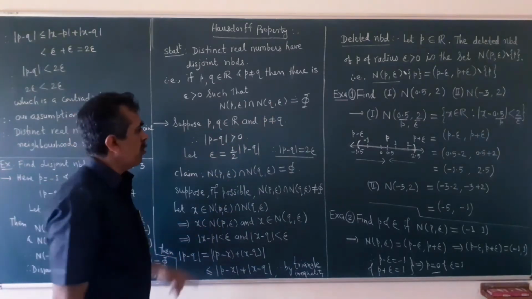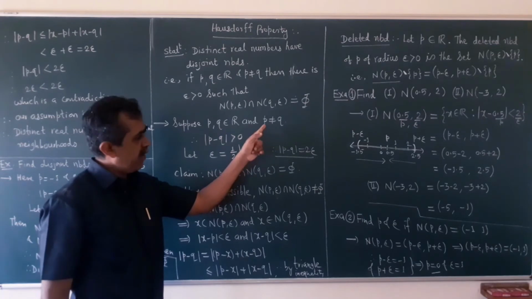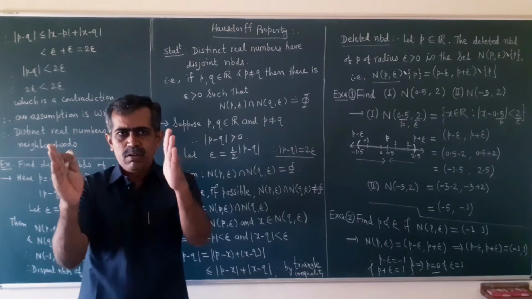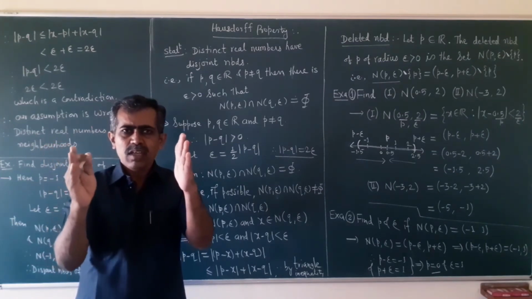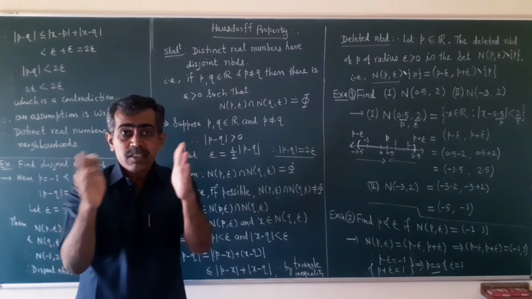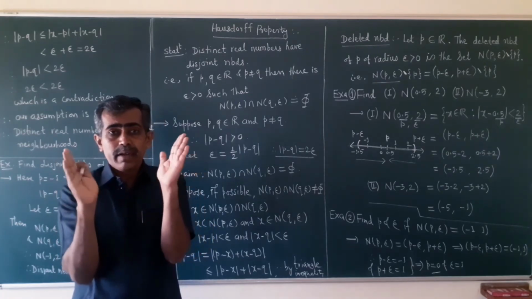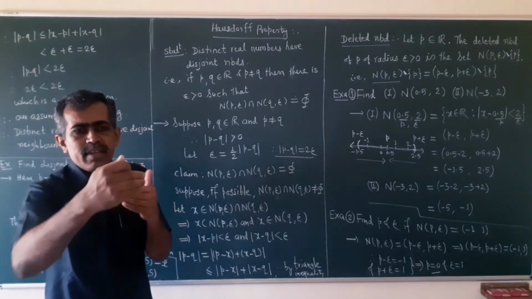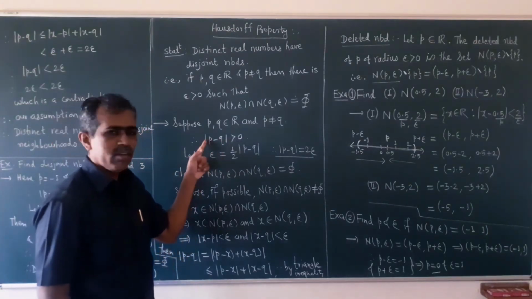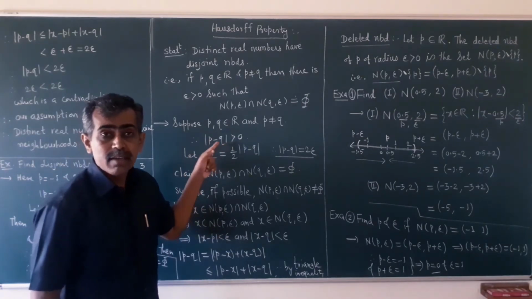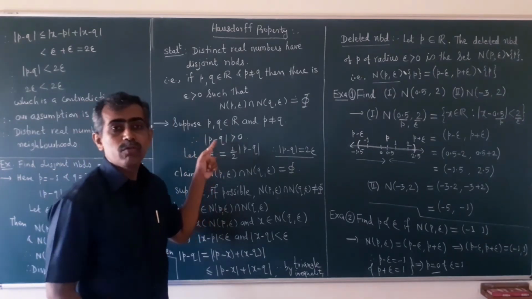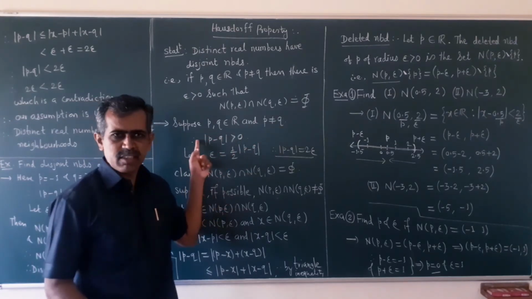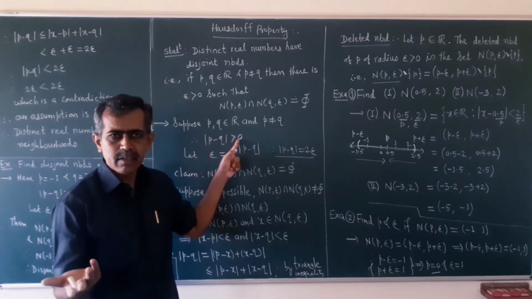They are disjoint. Okay. So suppose P and Q are any two real numbers, and suppose P is not equal to Q. Therefore, as P is not equal to Q, if P and Q are two different real numbers, then the distance between them will definitely be greater than 0, right? If P and Q are two different points, then the distance between them is the modulus. The geometrical meaning of modulus is the distance of P from Q. So therefore, as P is not equal to Q, mod of P minus Q, that is the distance of P from Q, is definitely greater than 0.